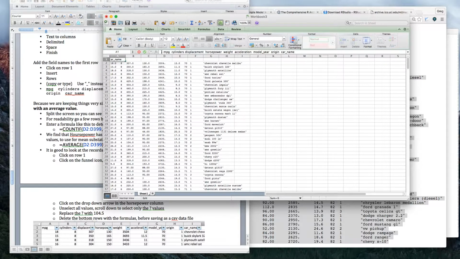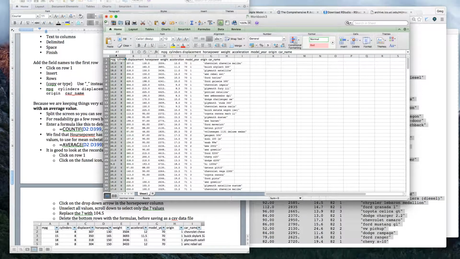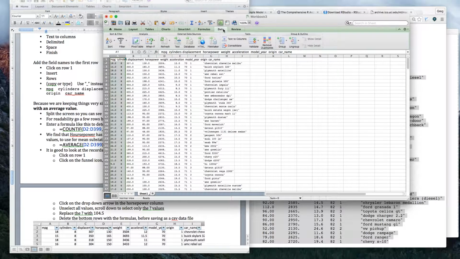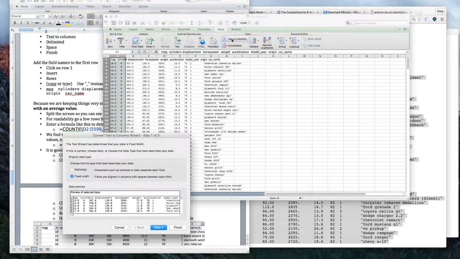Control V. I'll get rid of some of the leading spaces. So now I want to convert this data in one column to have the data parsed out to however many columns of data there are. So go to Data, Text to Columns, Delimited,